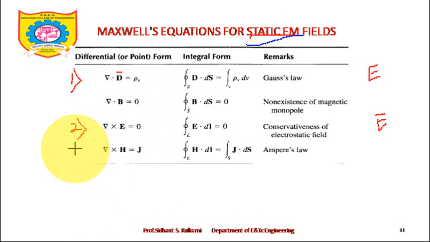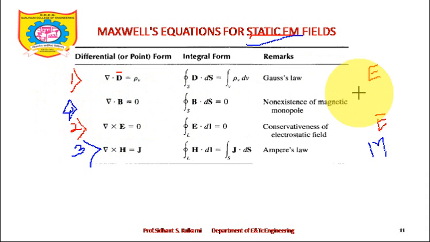Third expression we will see here. The third expression is from magnetostatics. We have seen a few lectures back that del cross H bar is equal to J bar is the third expression for Maxwell. That is, the curl of magnetic field intensity is equal to the current density. So del cross H bar is equal to J bar is the expression given by Ampere. The final expression is of magnetic flux density: del dot B bar is equal to 0.